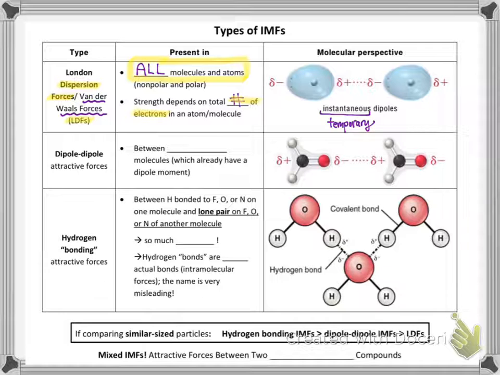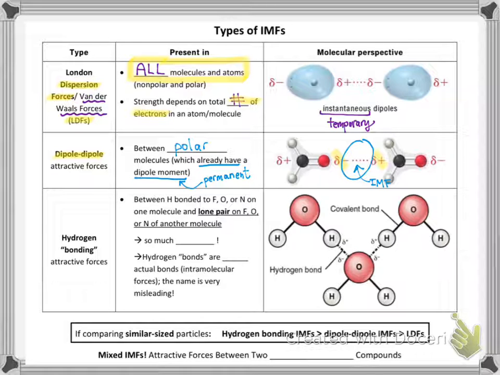Dipole to dipole attractive forces are pretty much what they sound like. It's the force of attraction between two opposite dipoles on separate molecules. This occurs between polar molecules, things that already have a permanent dipole moment, not just a temporary one like in London dispersion forces. Notice how the partial negative on the dipole of one particle is attracted to the partial positive on the dipole of another particle. Coulomb's law back again. Also note, we represent these intermolecular forces as a dotted or dashed line. It's not a solid line because it's not a chemical bond, it's just this attractive force.